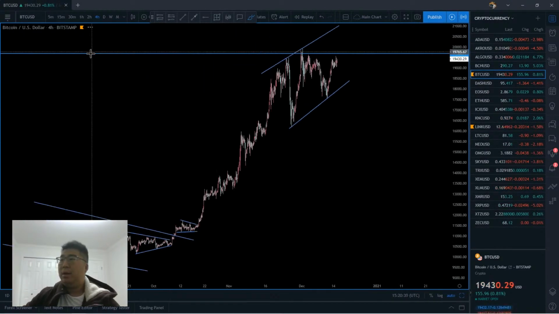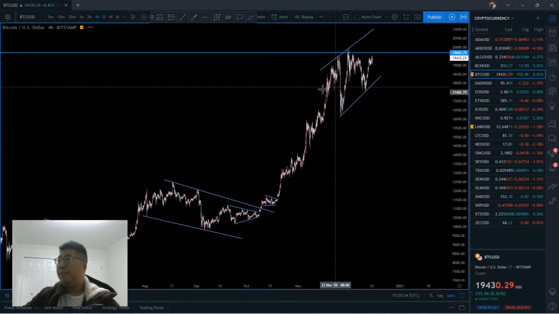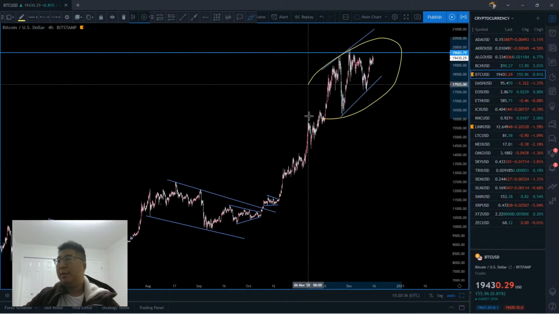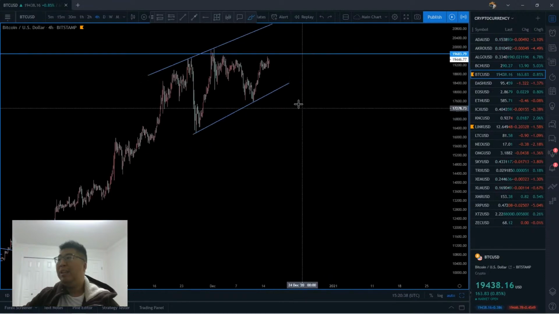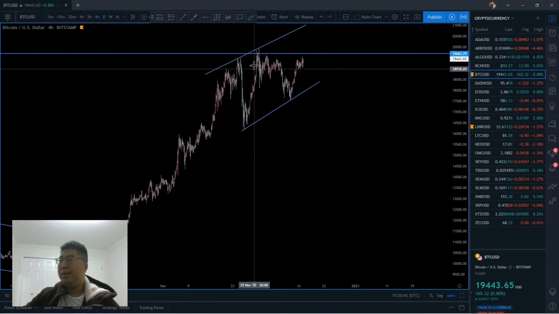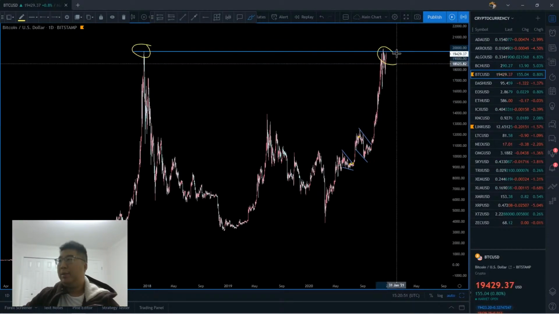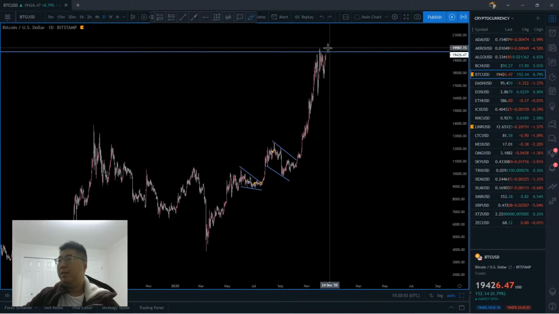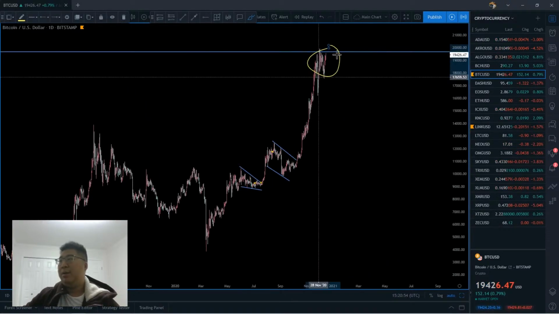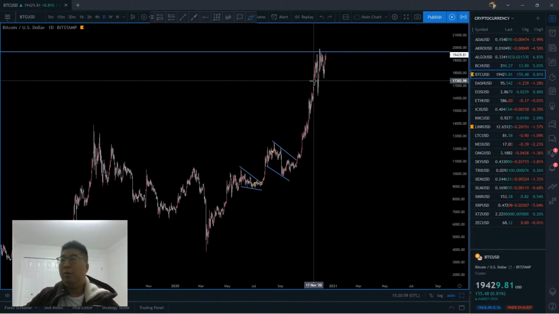And I want to talk about Bitcoin a little bit, because as this is continuing to develop, to me it's not just going to take off. I mentioned when price gets to this area, it reaches pretty much the previous all-time top. You can see price is just stalling here because price is catching a lot of buyers and sellers in this area. Likely a lot of buyers,